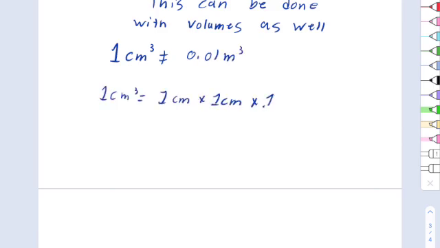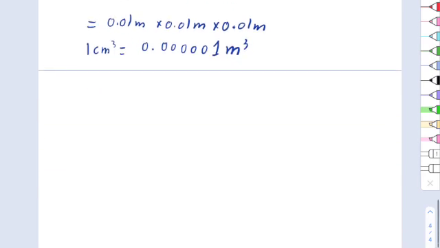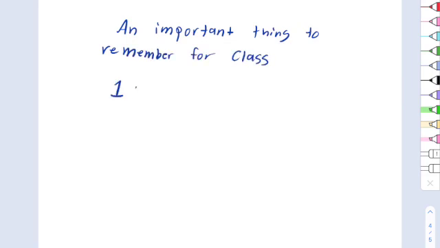This can be done with volumes as well. This time we have centimeters cubed, where again 1 centimeter cubed does not equal 0.01 meters cubed. And this is because 1 centimeter cubed equals 1 centimeter times 1 centimeter times 1 centimeter. So this time we have to multiply 0.01 meters 3 times, which will give you that 1 centimeter cubed would equal 0.000001 meters cubed. An important thing to remember for class is perhaps that 1 centimeter cubed equals 1 milliliter